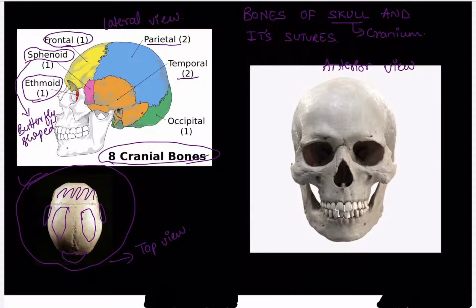Now in this anterior view, what can you see? Let's mark some of the bones which we can see from the front itself. This part which you are seeing right now, this yellow which I am highlighting, is your frontal bone, your forehead, right? Now, this is your orbit in which your eyes are situated. It's really easy. I don't think I need to tell you this, but I have told you already.